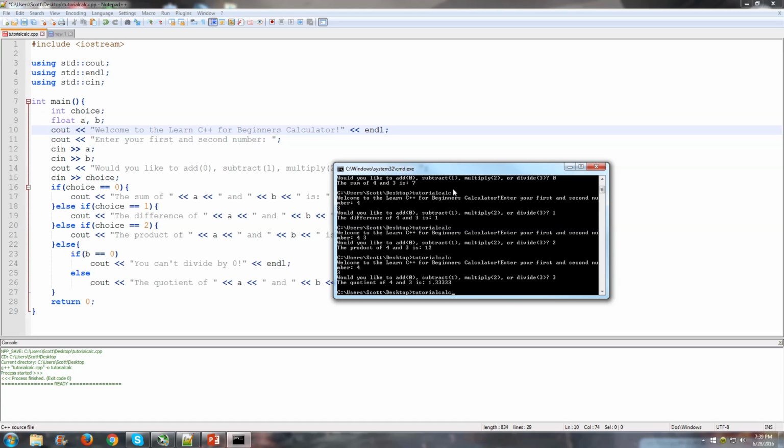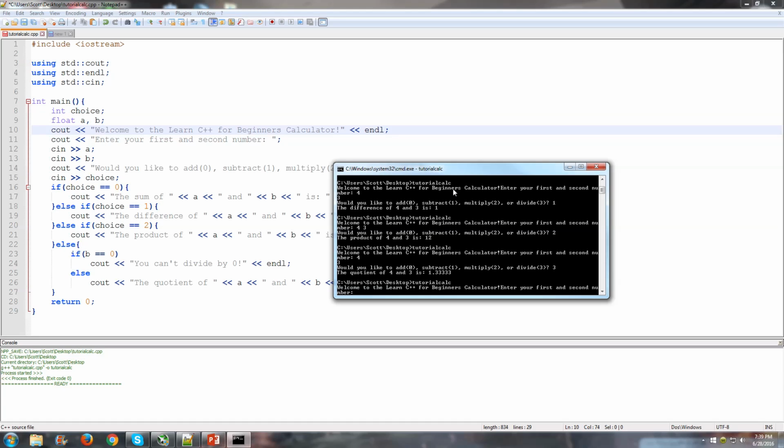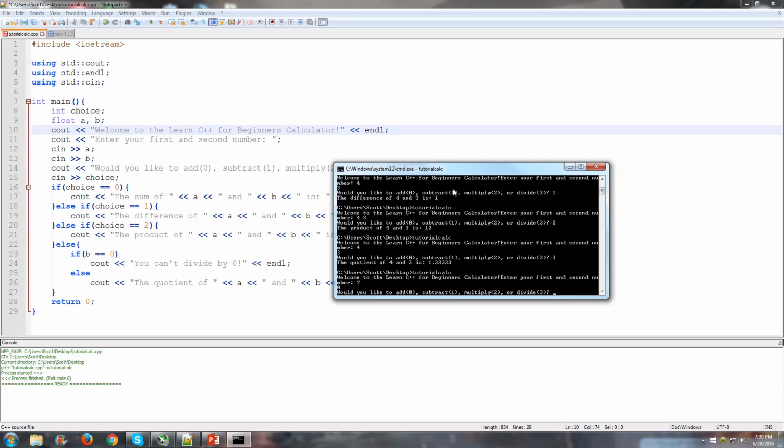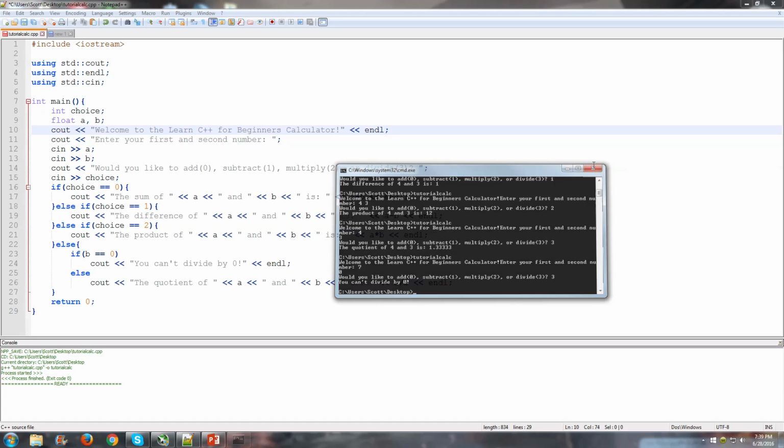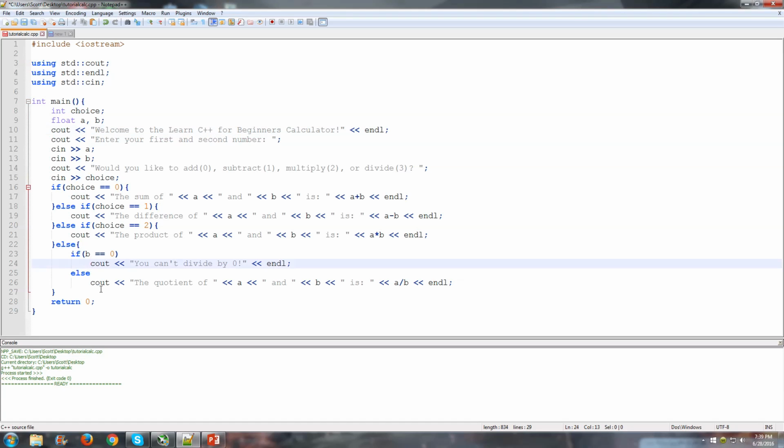Now, just out of curiosity's sake, we'll make 0 be the second number. We'll just say 7 and 0. And if we try to divide it, you can't divide by 0. And it just quits. It's not going to give us an error, right? I shouldn't have closed command prompt. To show you what would happen